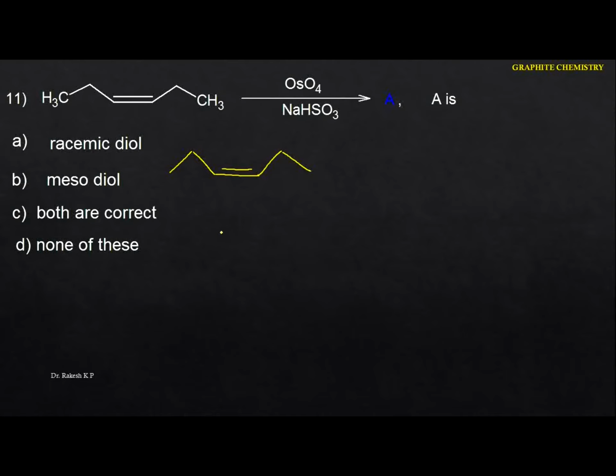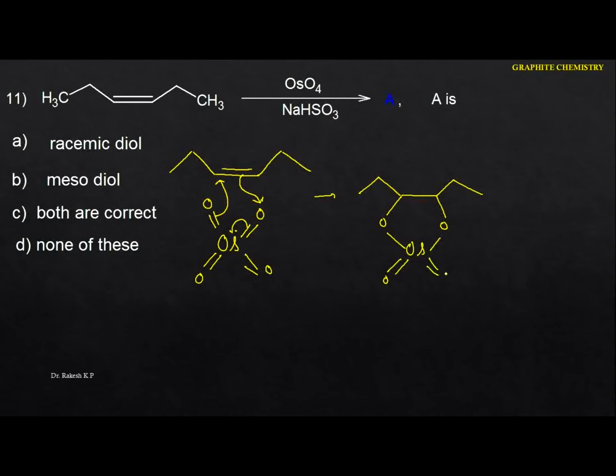Now see the osmium tetroxide here. It is an oxidizing agent. I'm going to write the structure of osmium tetroxide, the oxidizing agent. Now see this one. This will be attached to this one, and this bond comes here, and here we are going to get like this. So we got the intermediate here. Just identify, here we got the osmate ester, we are going to call this one. This is the double bond O.